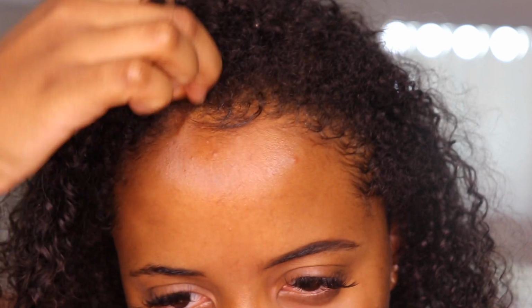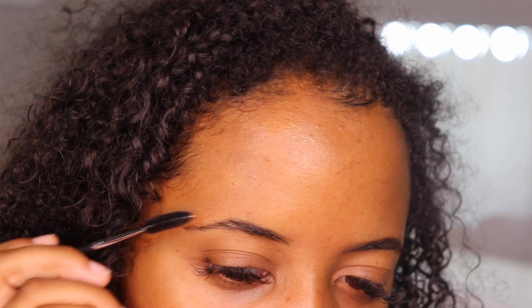And then brushing it out. And that is what my brow looks like. I like to keep them very natural looking, but I do like them to look carved out. I'm just gonna do the same thing on this one. Now that I filled them in, I wanna carve them out, but before I carve them out, I also wanted